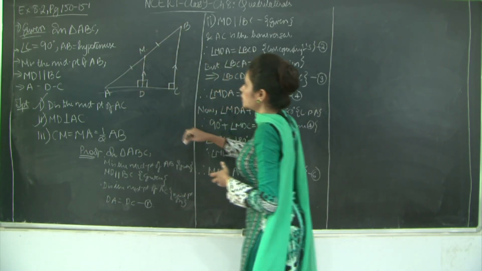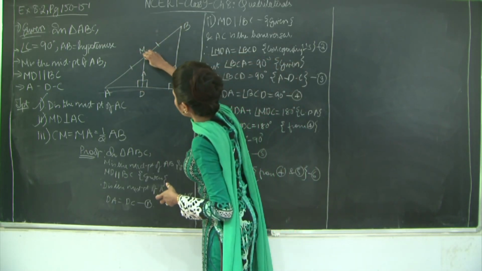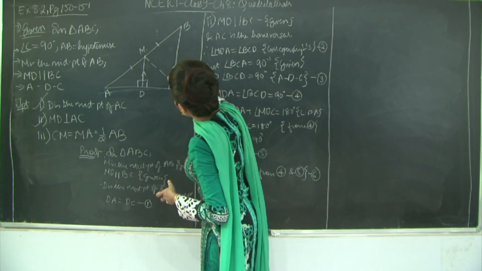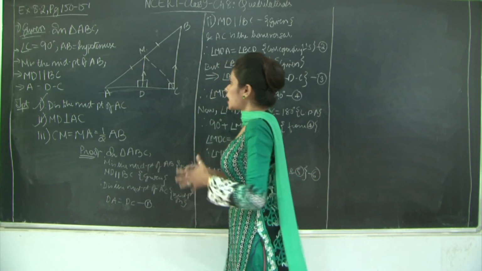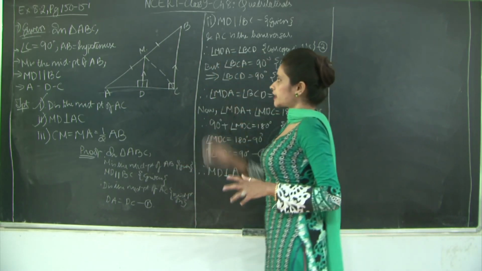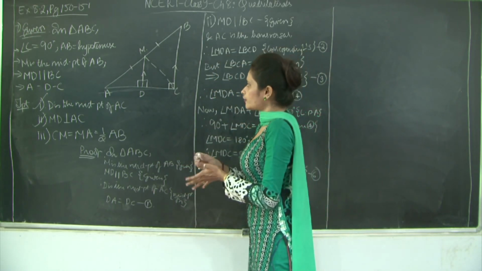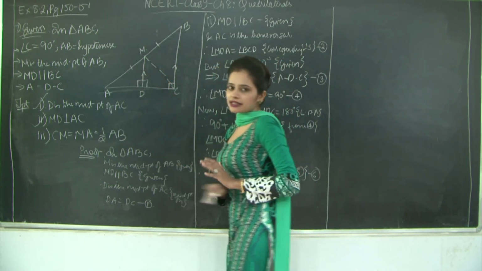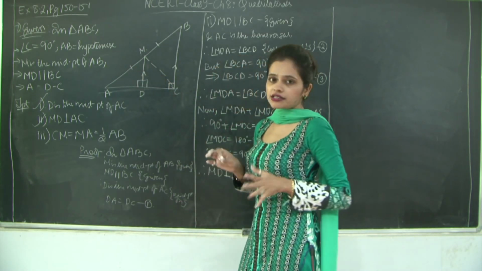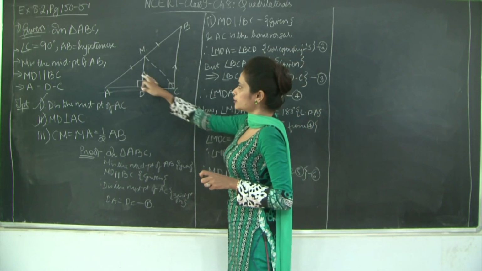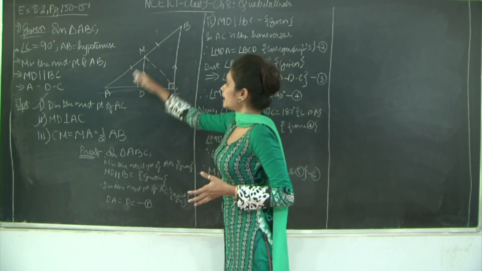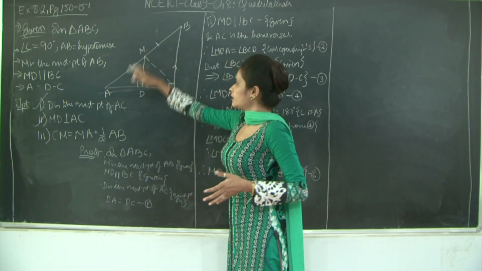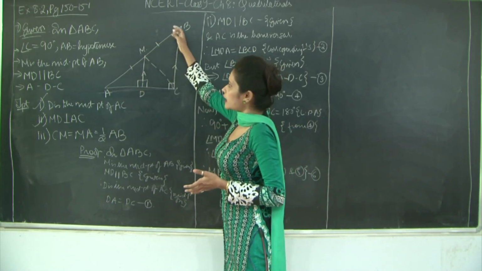So in some way we need to prove that CM. So let's draw this construction CM. We need to prove that CM is equal to MA. So let's see how we prove this. These two sides equal to each other. Obviously, we see two triangles out here. So let's see how we can prove them congruent, the two triangles, that is triangle MDA and MDC, and thereby prove that CM is equal to MA, which in return is half of AB.